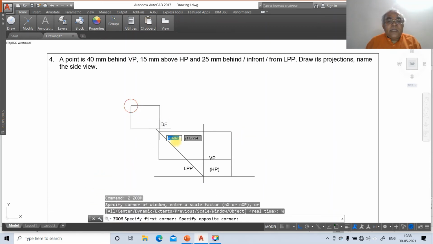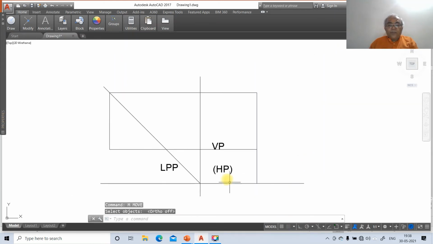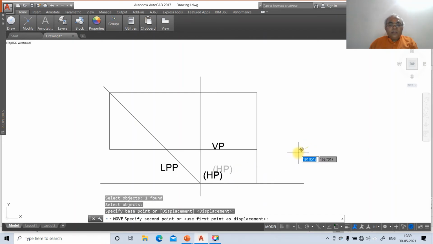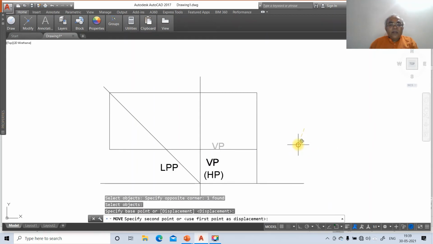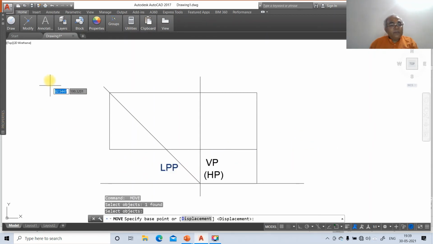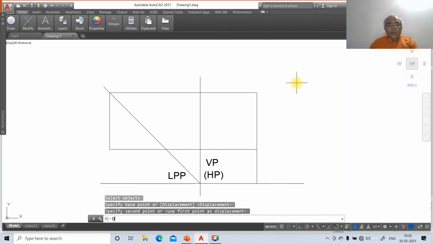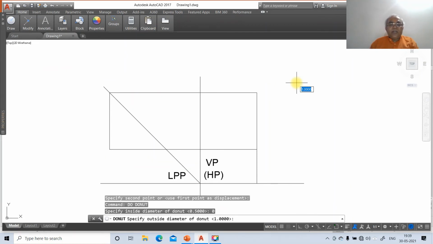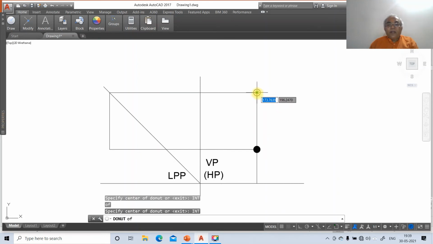Then go to zoom and then take it nearer to the screen, and then go to move, switch off the ortho mode. So you select this, move it, then go to move, select objects, you select this vertical plane, move it nearer. Again go to LPP, select object, specify base point, you select wherever you want, and then second point you just take the same position and click on the first button of the mouse. Then go to donut, specify inside diameter is 0 and outside diameter is 3, and take intersection part of this, and then intersection part of this, and then INT of this.